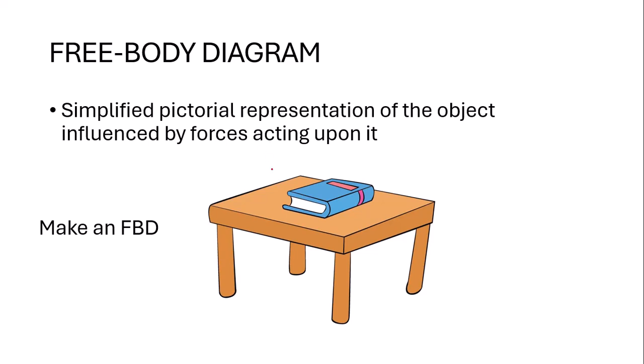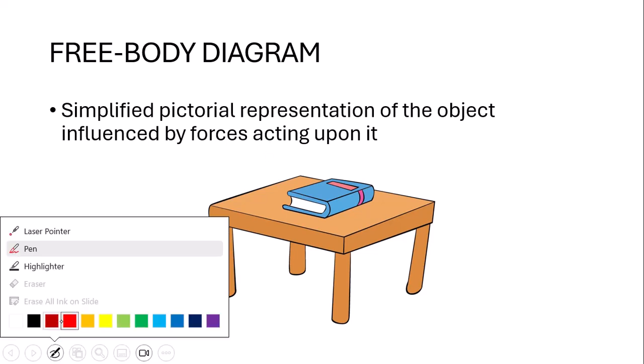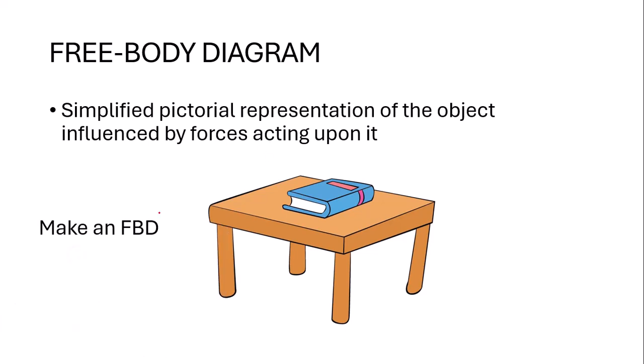So suppose we have a book resting on a table. We know that there is a non-contact force acting upon it, which we call gravity. Since here we are on Earth, we have a force due to gravity, and we can represent it as weight, or W, where W is the product of the mass and the Earth's acceleration due to gravity, g, which is equal to 9.81 meters per second squared.